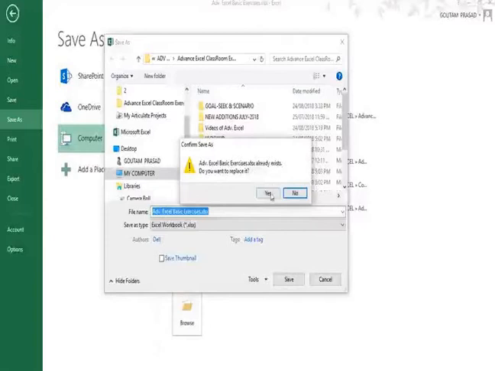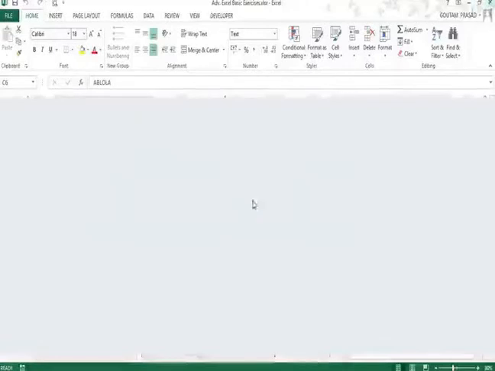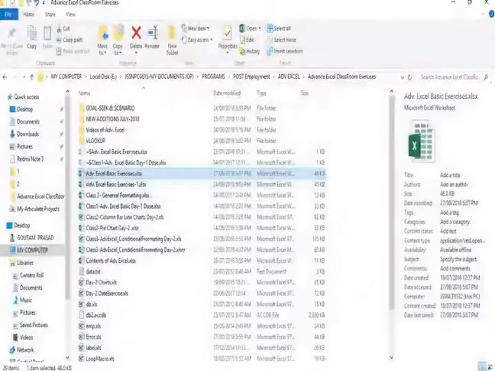So you will have to say yes here to replace the file with the password, so that your file becomes password protected. So say yes here. So here your file has been protected and saved now. So if I close this file and reopen this file,